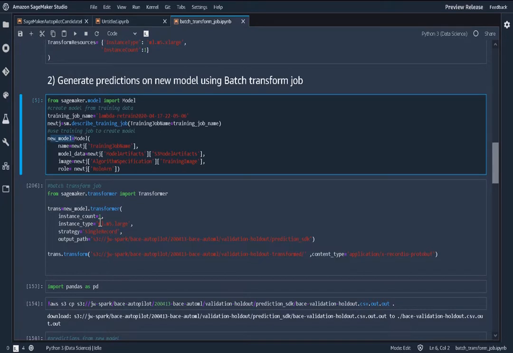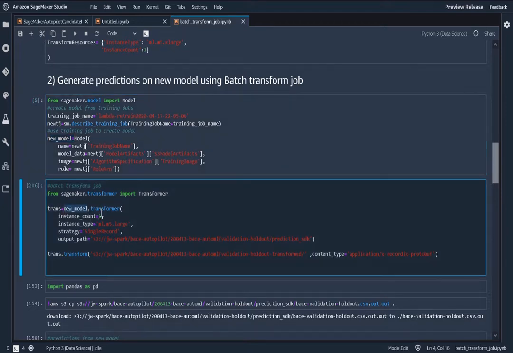This transformer will allow you to do batch transform using the Python SDK. So we're attaching this new model variable to a transformer. Here we're inputting things like the instance that we want to use for this transform job, where we want the output and the predictions to go, and then we can finally call transform on the data